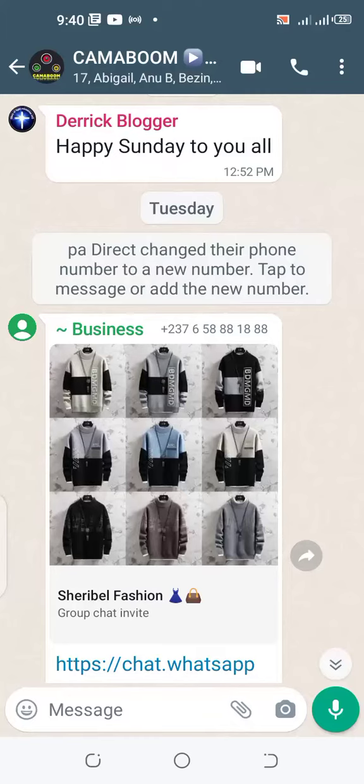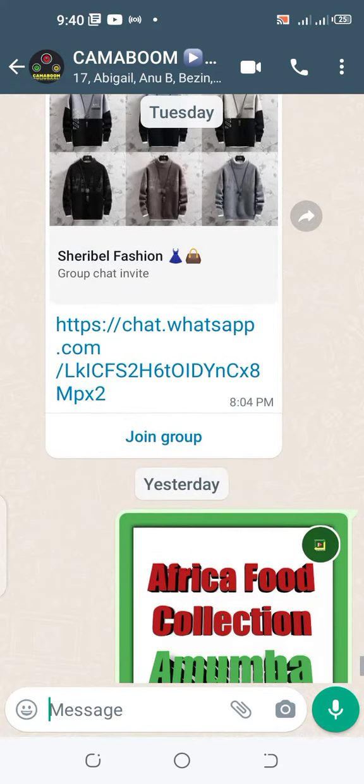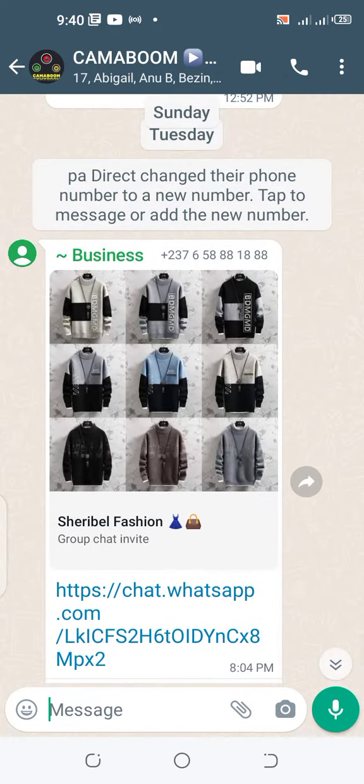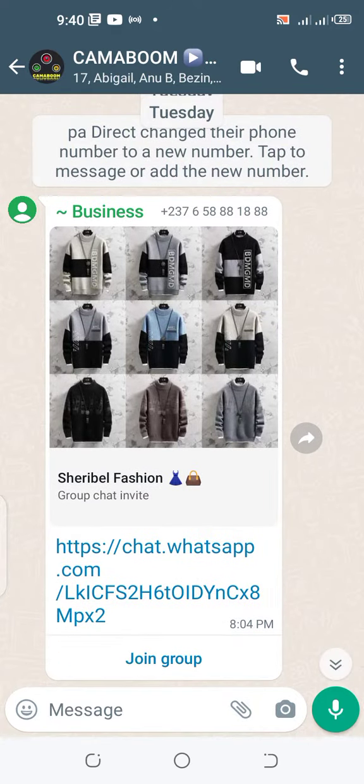Today I am going to show you how to delete a message from a WhatsApp group for everyone. That is, if you are an administrator of a group and somebody mistakenly sends a message, instead of telling them to delete it, you can easily delete it for everyone in the group so that nobody will see the message. So for example, this message, let's see this one, somebody sent this message, and if you want to delete it,